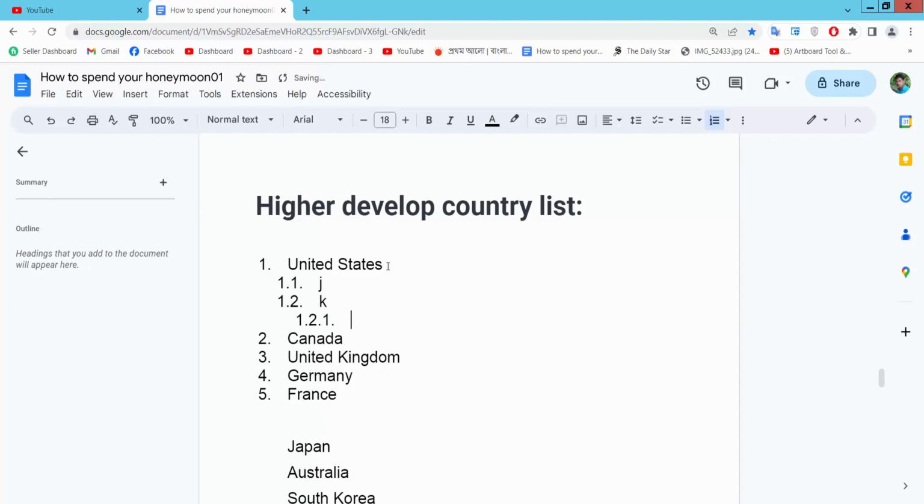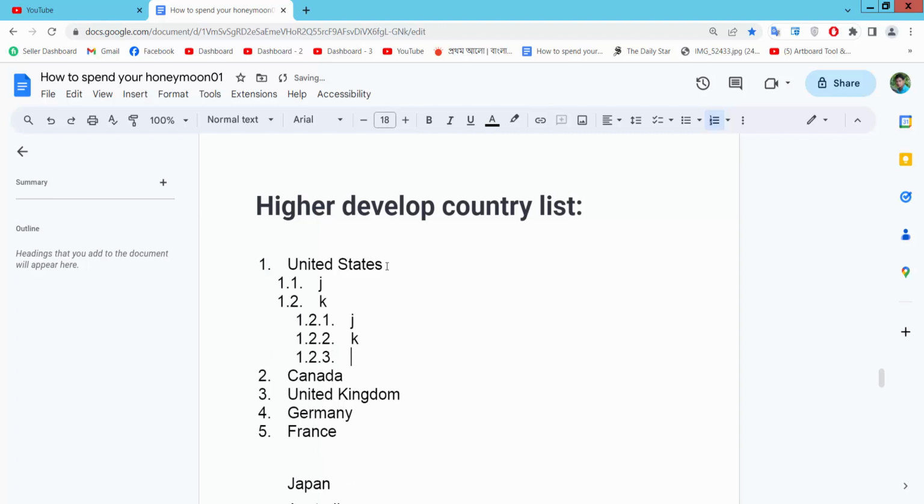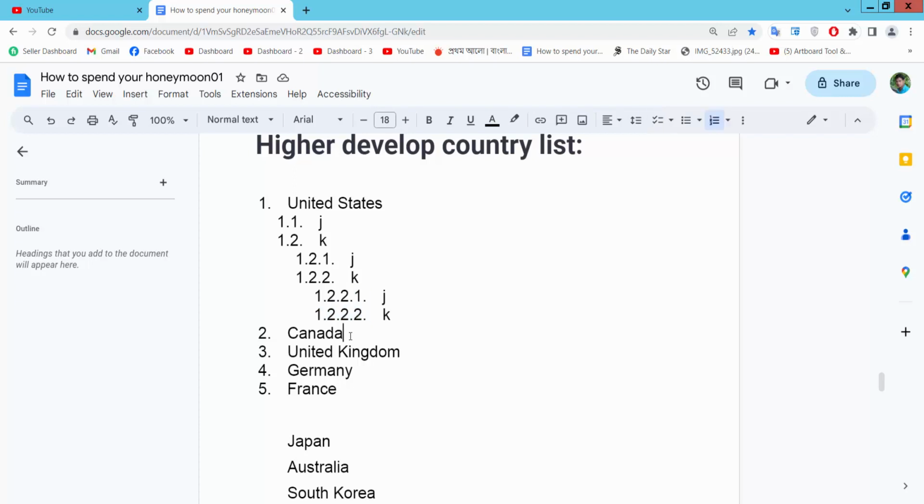your keyboard and type text, again press enter and press tab button from your keyboard and type. In this way you can add multi-level numbering. Also I'll add here, press enter and press tab button from your keyboard and type